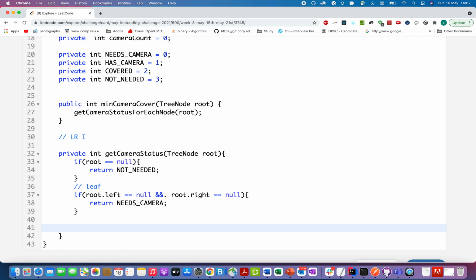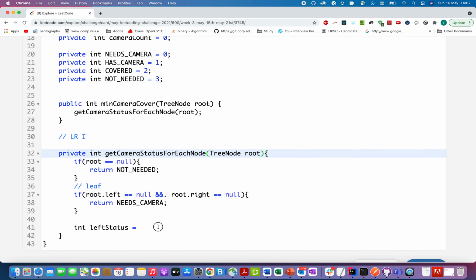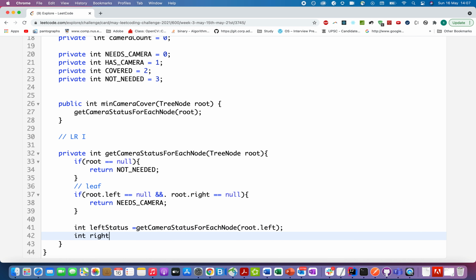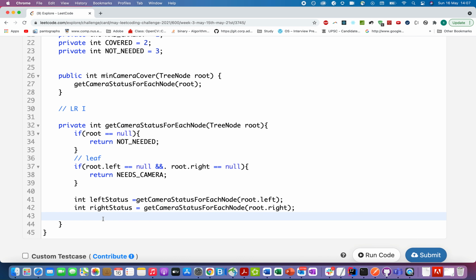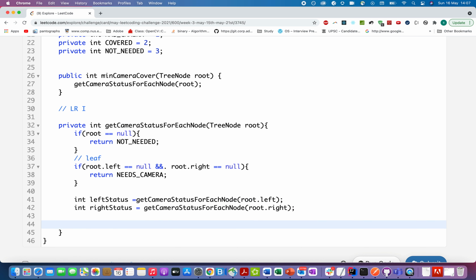And let's try and calculate the statuses of its left child and its right child. So left status equals get camera status for each node, root.left, followed by right status, get camera status for each node, root.right. And once we have the status of its right child and left child, we'll do some processing on it.